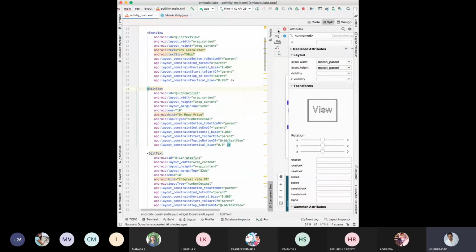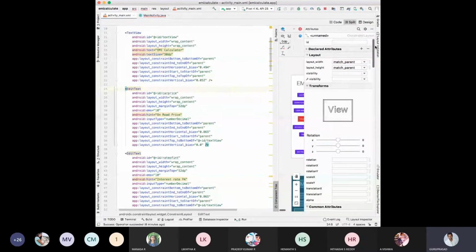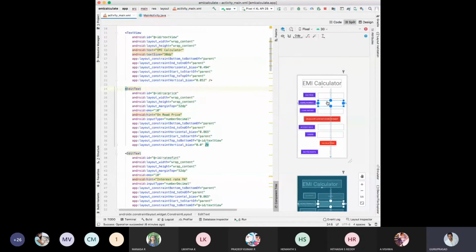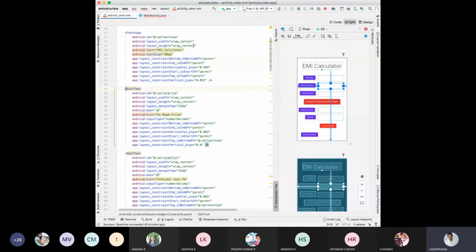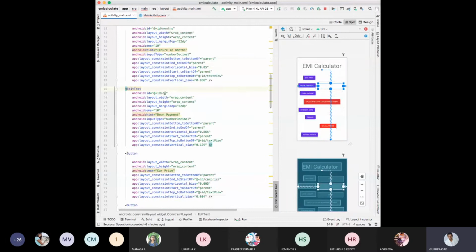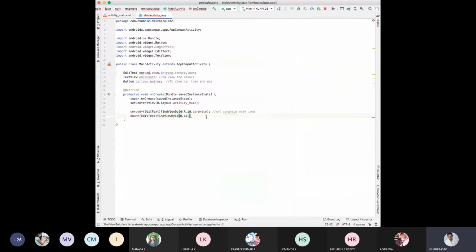The ID of the down payment is DP. So I am using DP semicolon. This is the XML integration with the down payment with Java. Correct?